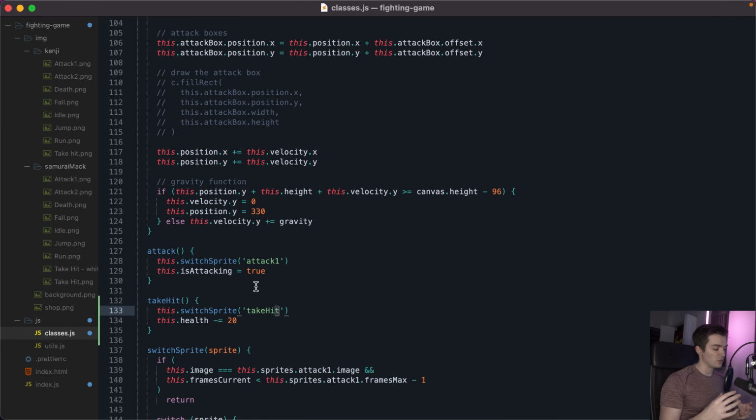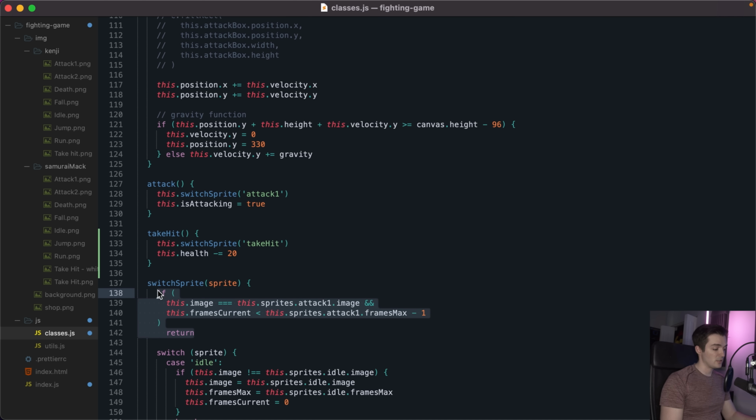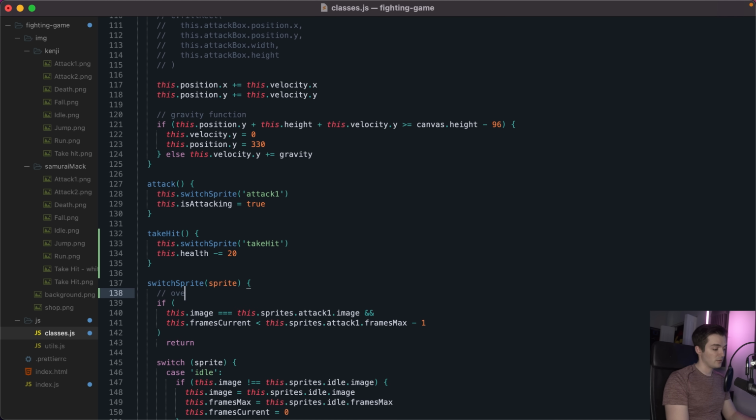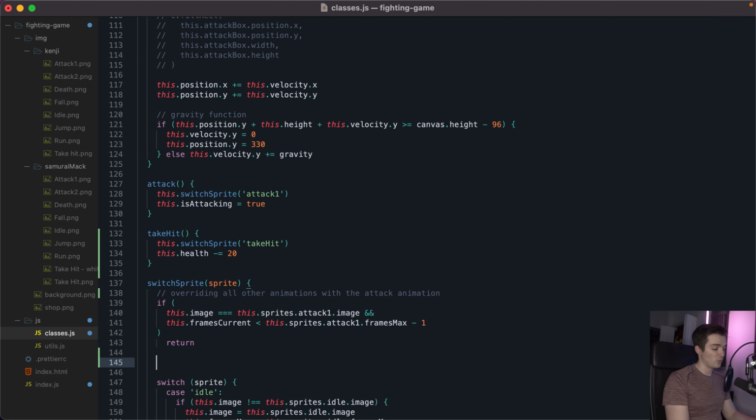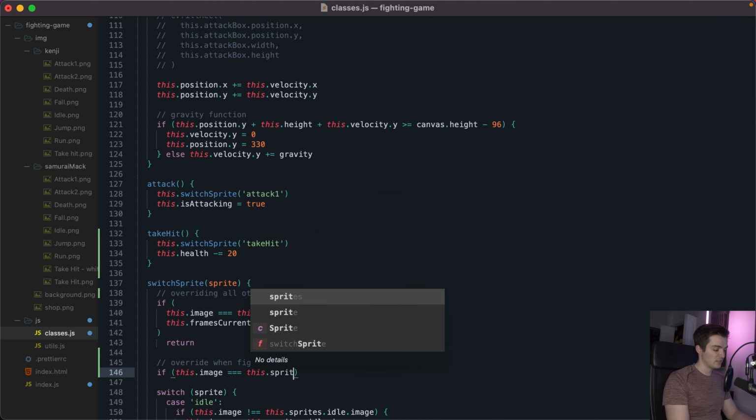So where are we overriding those animations? It's going to be right here within switch sprite. You'll see this if statement right here is actually representative of overriding all other animations with the attack animation. So we want to do the exact same thing, not for when we attack, but rather override when fighter gets hit. So if we're not currently attacking with this right here, we can proceed onwards to this if statement where we're going to say if the current image being displayed is equal to this